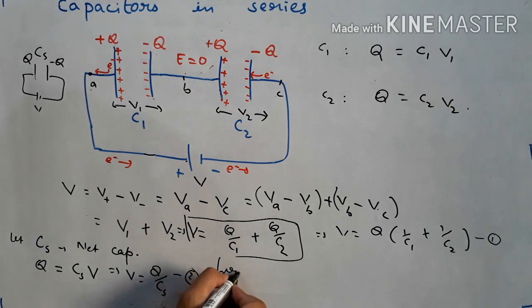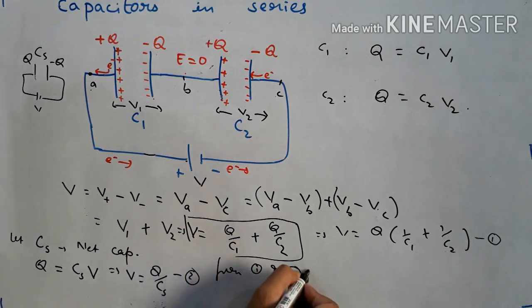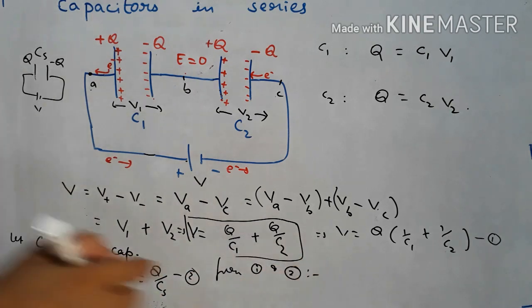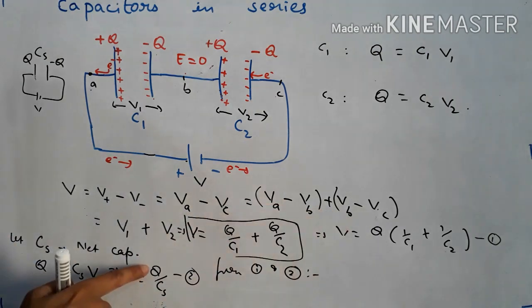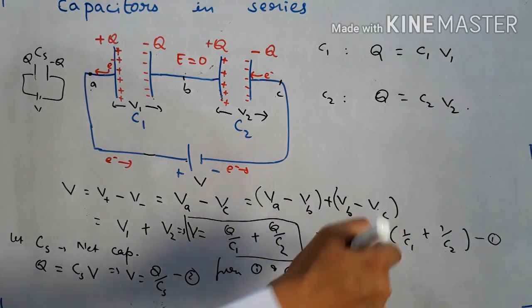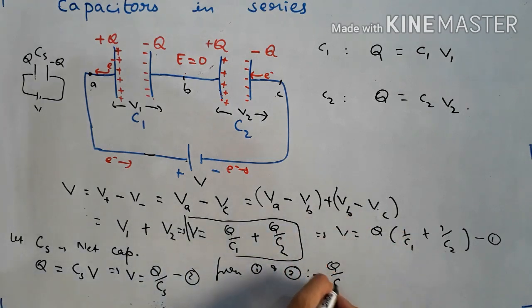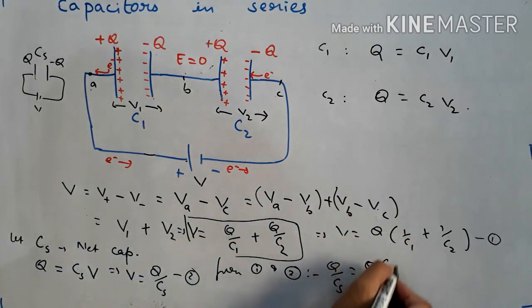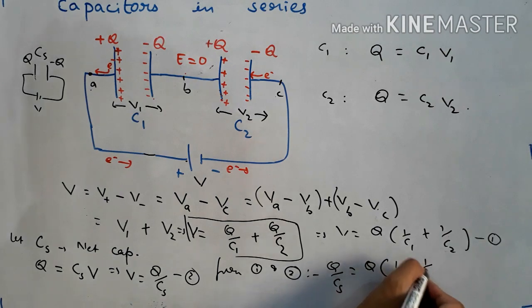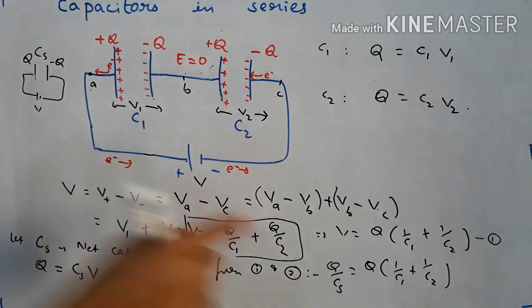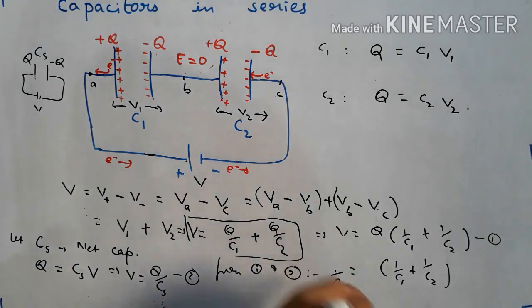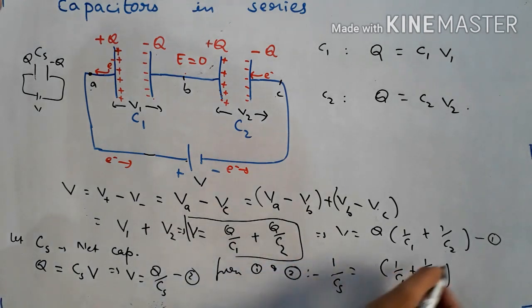So from 1 and 2, you see their LHS are same, V and V, so their RHS must be same. So we'll have Q by Cs is equal to Q into 1 upon C1 plus 1 upon C2. So Q will cancel and we will be left with this particular formula,